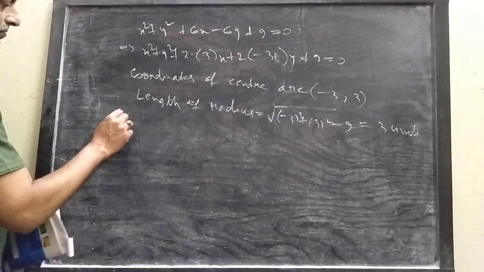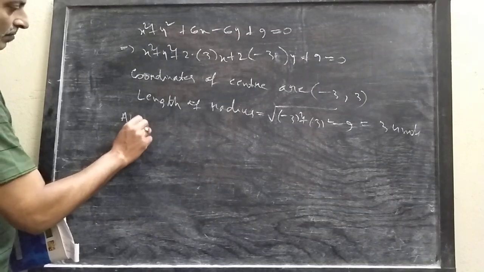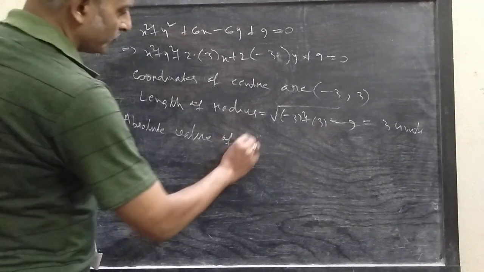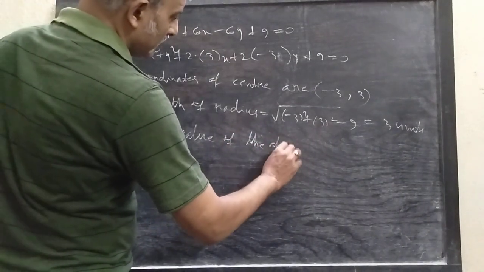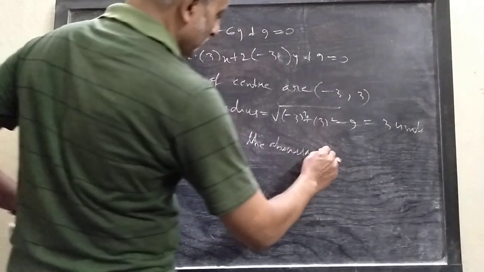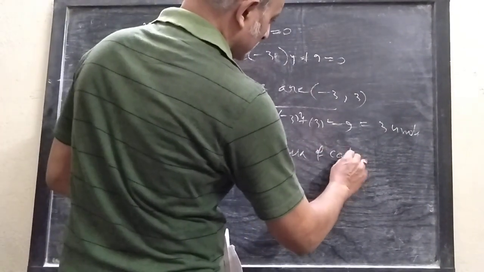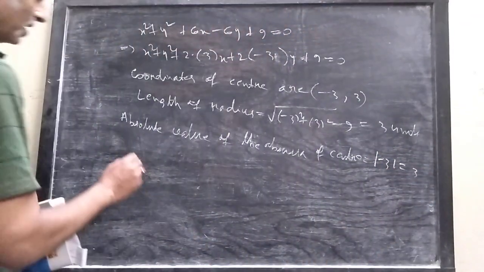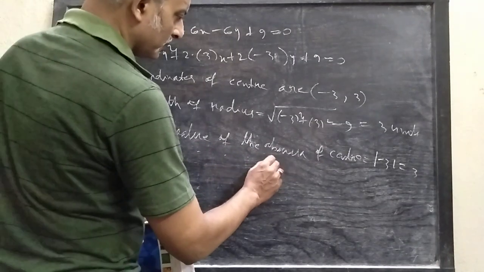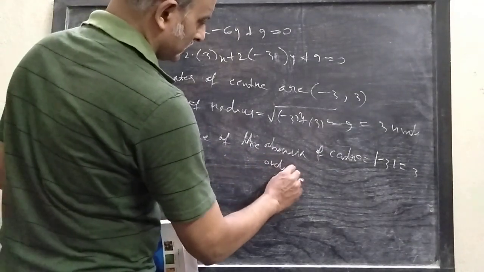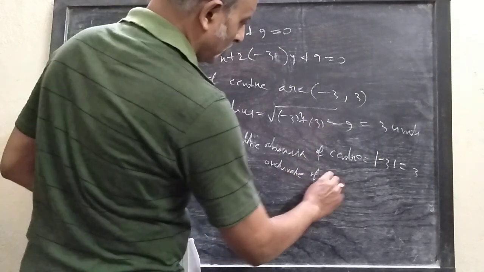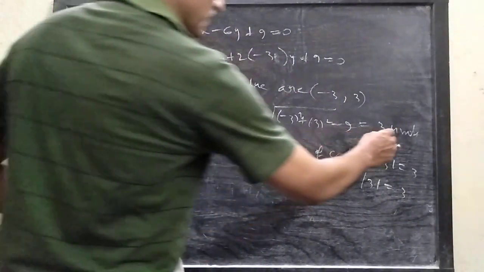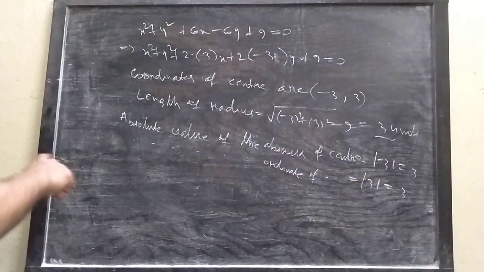Now the absolute value of the abscissa of center equals the mod of minus 3, that is 3. Again, the absolute value of the ordinate of center is the mod of 3, that is 3, and the length of radius is 3. These 3 are equal, so you have to write: